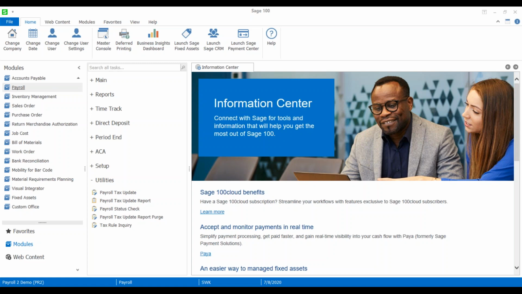They typically were quarterly, so they weren't real time or timely in some cases. So now you're going to be getting those updates. This updates the structure. So these tax updates, even though it appears as a payroll update, it's not necessarily a tax update. Those are happening in the cloud. But what's happening is it updates the structure and tables needed to cross-reference the information between Sage 100 and the